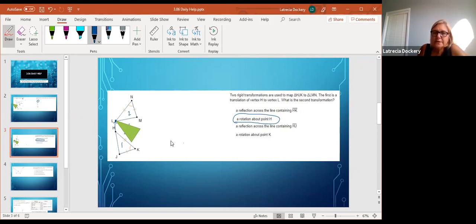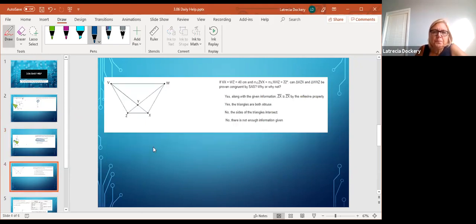If you're still just not doing well with this, cut yourself out a triangle, okay? Then trace it twice on your paper, and then move it and see how it moves. That might be helpful. All right, so this one says